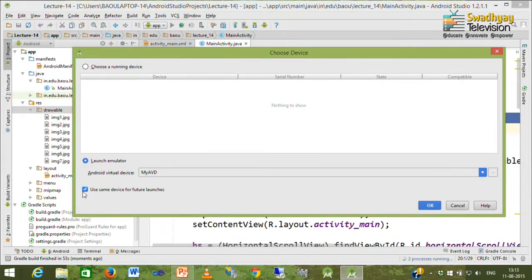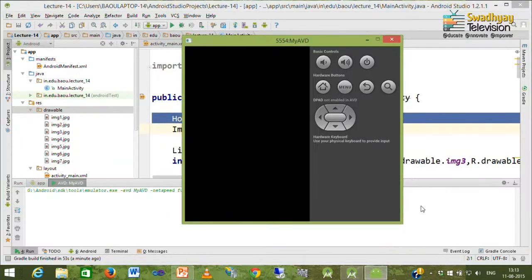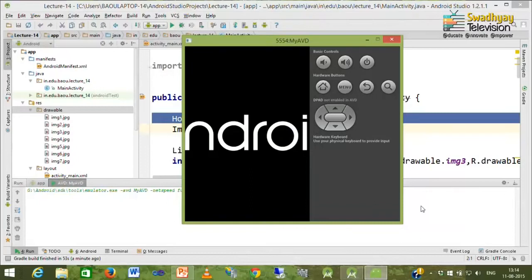And remember, this checkbox should be checked, so that it will use the same device for future launches, and then I press OK. So, it starts a new emulator. Remember, when the emulator is started for the first time, it will take a certain time to completely start your application.